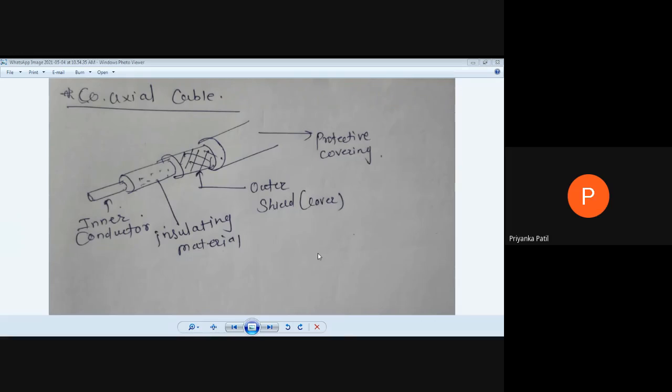Basically, the coaxial cable was initially developed for the analog communication required for telephone networks. So, in telephone communication, we use the coaxial cable.